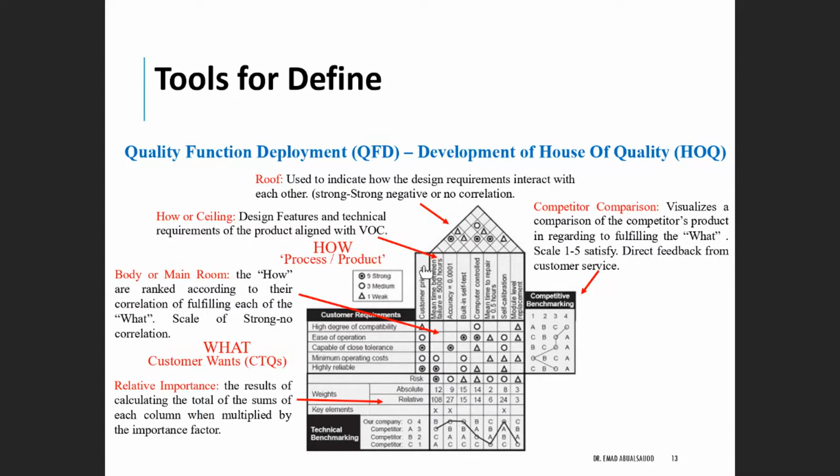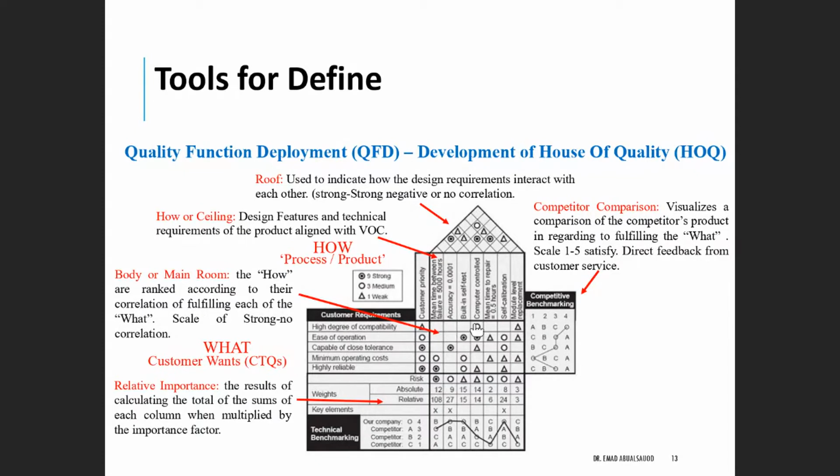Here are the customer priorities. You remember we have to prioritize the customer requirements. This is their priority. Triangles mean weak, and the filled circle means high. When they say highly reliable here, that means the customer requires high reliability in this product, and they consider this one of the most important